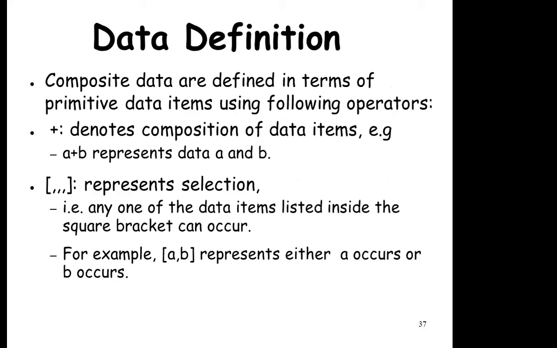So for data definition, if there are composite items or elements, then we have to define some symbols. A plus shows that it is represented by the two objects. Then for selection, if there are many selections, we use braces, and inside we have a comma. The comma represents one of the choices, like A and B. For example, in the last line, see A comma B. It means you have to represent either A or B.